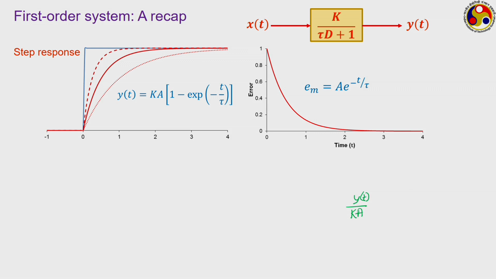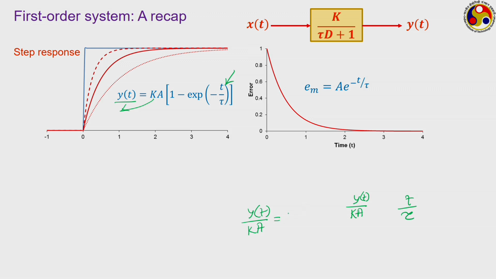But on the horizontal axis, instead of time we plot time divided by tau. That is, on this scale 1 will represent t equal to the time constant, 2 will represent double the time constant. If we follow that standard, put t upon tau equal to some value here and take this k a in the denominator of this quantity, then we are left with this expression,